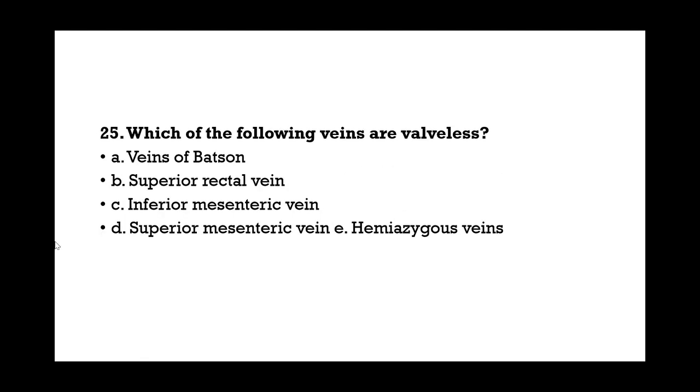Which of the following veins are valveless? A, vein of Batson. B, superior rectal vein. C, inferior mesenteric vein. D, superior mesenteric vein. E, hemiazygous vein. Now, this vein of Batson, of course, is a valveless vein. That's why metastasis can flow through this vein to involve